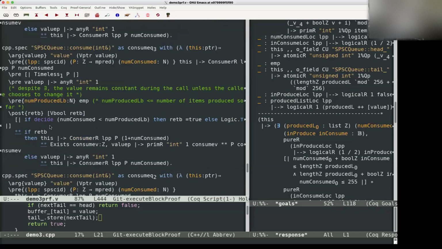I'll show you how to say it the right way. If we can have a precondition, then there exists a lower bound on num produced. So if the caller can show that there is a lower bound on how many have been produced, then we can say that if num consumed is less than the lower bound on number of produced, then we must succeed, then return must be true. Why? Because